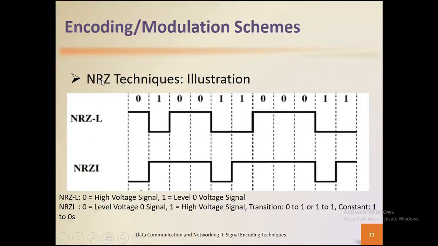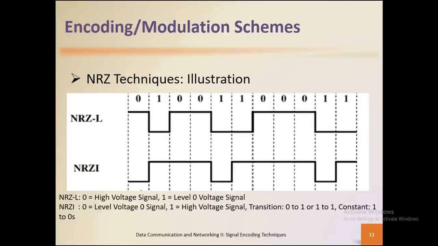But within the non-return to zero, we don't really have some of these negative voltage representations as compared to the multi-level, which we'll look at a bit later. So you have the zero having a high voltage representation and one having a low voltage representation. So with that sequence, it's a lot easier. One of the reasons why they say the non-return to zero is the easiest encoding technique to use for